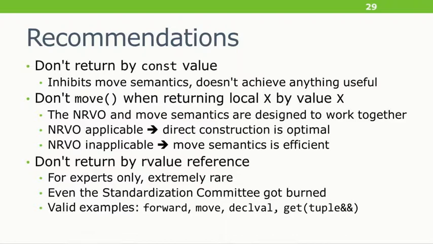I just did a quick scan of the standard library. These are extremely obscure. I'd have to sit down for like 20 minutes and figure out what get for rvalue tuples is doing, and that yes, returning an rvalue reference is desirable. In general, don't return by rvalue reference. It's okay as a parameter, but not as a return type. Okay, so types. Let's go back a little simpler to C++98.